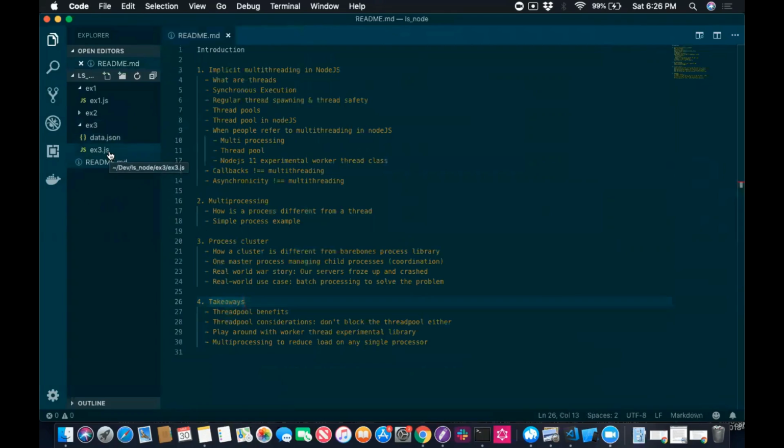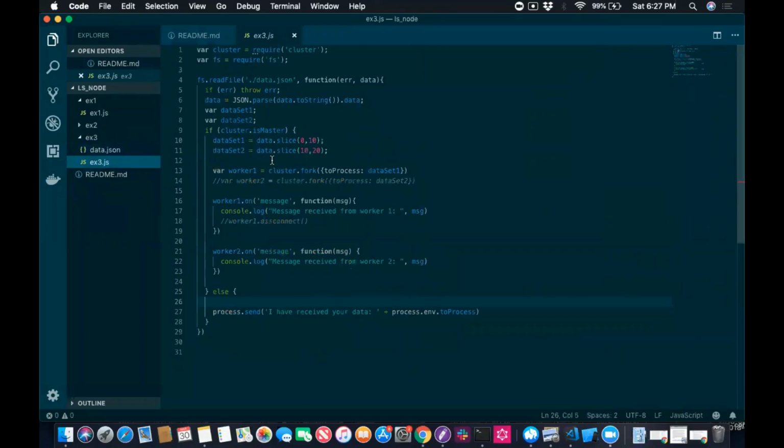spawning processes to do some task, but there's something more sophisticated, a library called cluster in Node.js, which allows you to basically have a master process that you define, and then you can basically manage a bunch of child processes, close them, send them messages, communicate with them in with a much easier